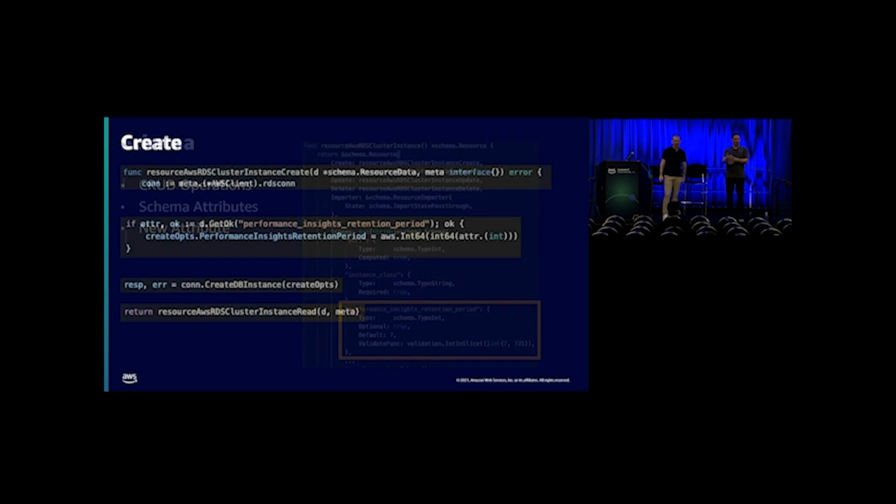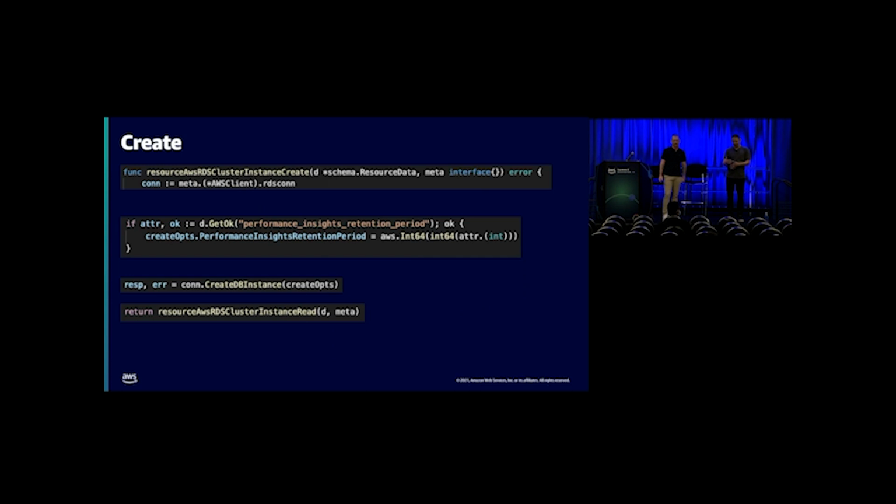Next, we have the create function. This is in the same file. The create function receives the HCL code. Whenever Terraform core detects that you've expressed an HCL resource that's not in your state file, it fires the create function. It passes you the HCL content via the D parameter. You'll see this in every function. So we use the D parameter to retrieve from HCL or to set into the state file. We'll see examples of both of those things.